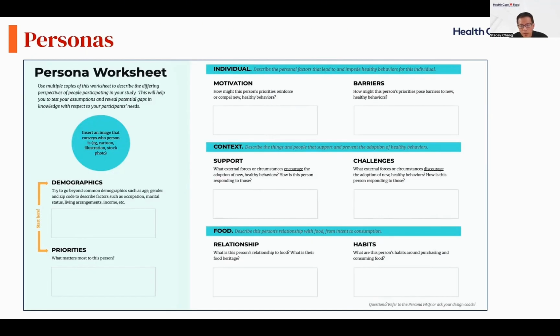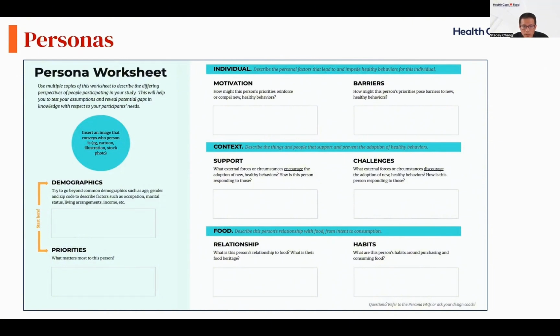Capture some of the relevant demographics, but also that person's priorities, what matters to them in their life. This can be people, hobbies, or professional work. The body of the worksheet is divided into 3 sections. One about the individuals themselves and the factors that motivate them to pursue healthy behaviors, as well as the barriers that impede that pursuit. In the second section, we're interested in their context, the things and people that support and encourage the adoption of new healthy behaviors, and the challenges they face, again, things and people, that discourage new healthy behaviors. Finally, we ask about their relationship to food, which